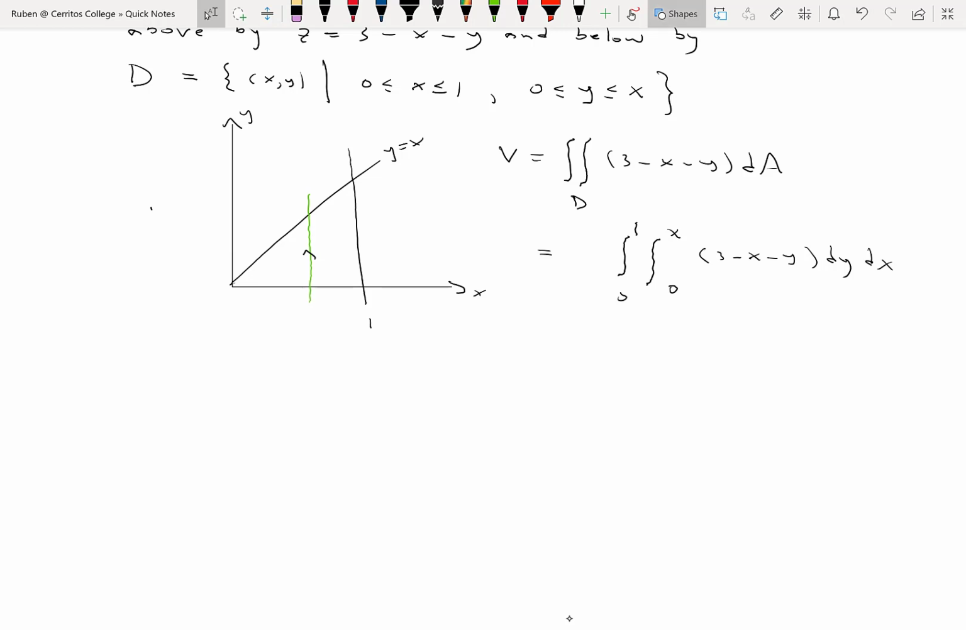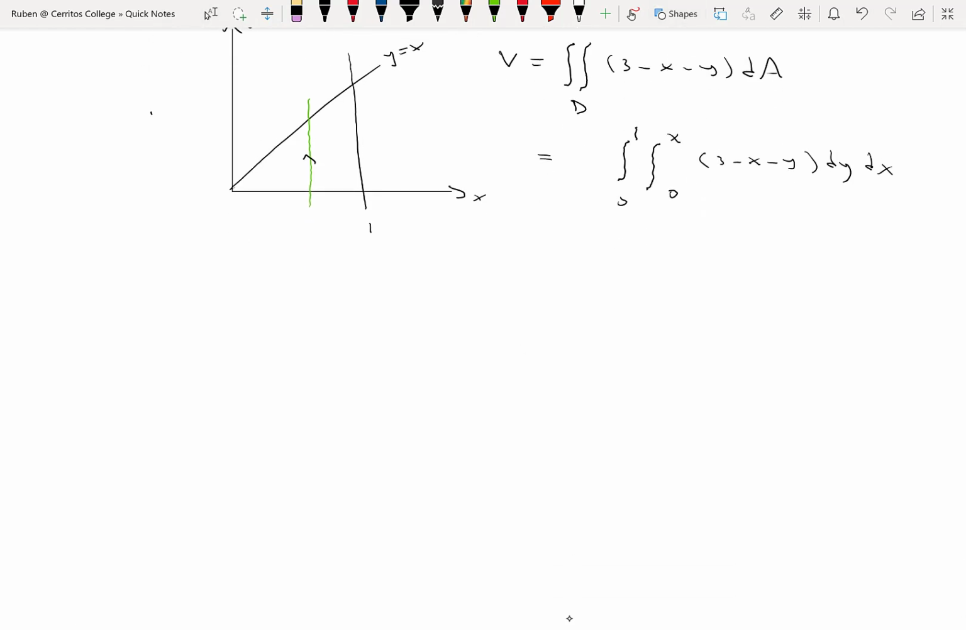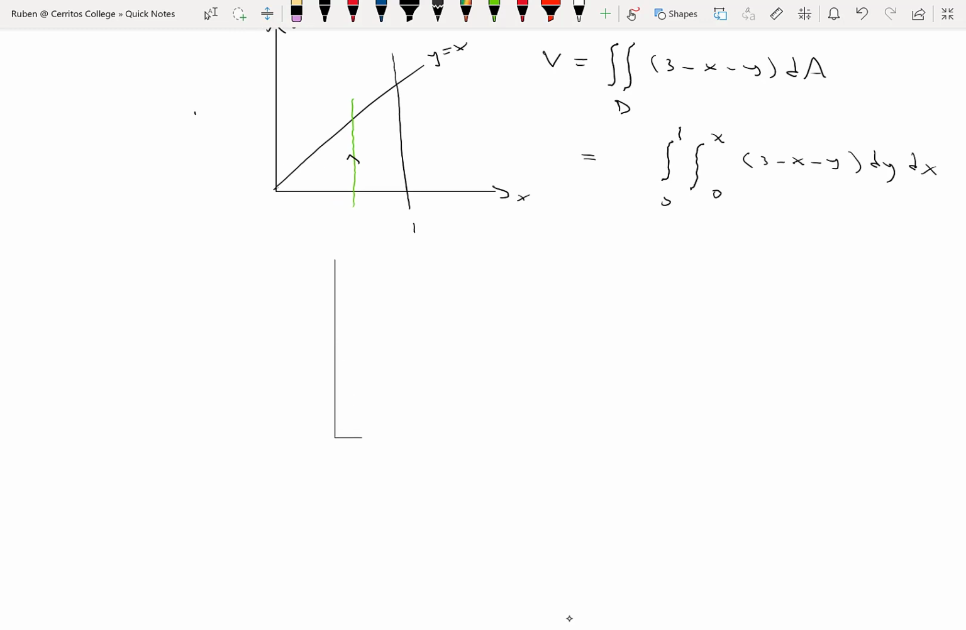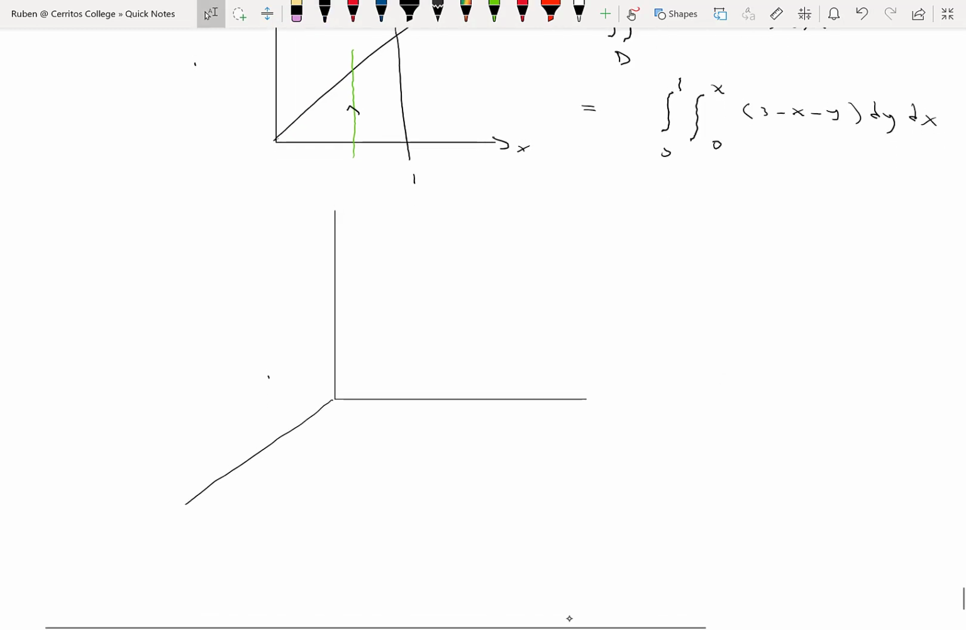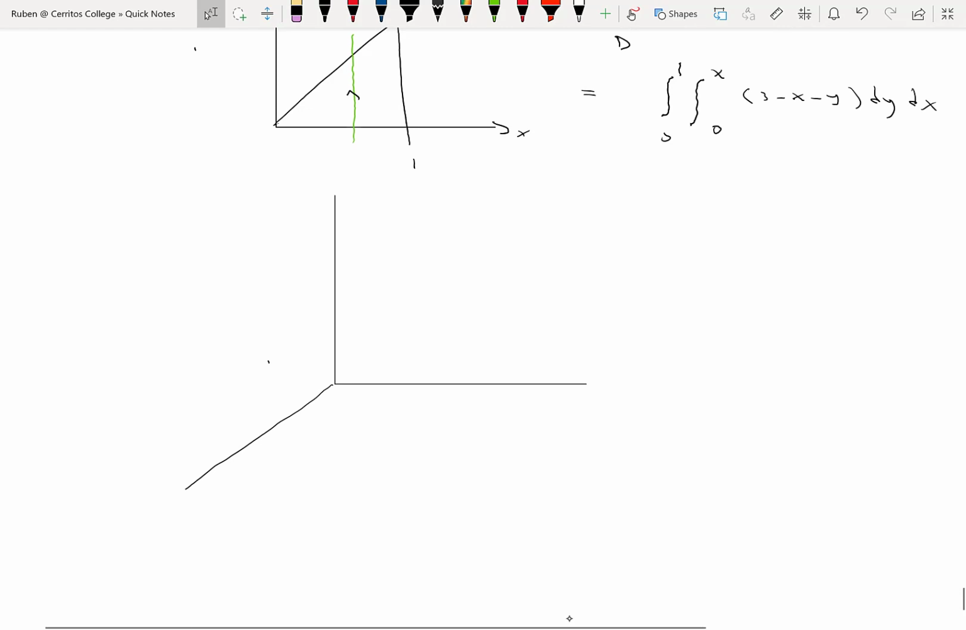Okay. So the first thing, we're going to need some axes in 3 space. So here's 3 space. Here's our first octant, where we spend most of our time in lectures. And let's graph z equals 3 minus x minus y. To graph a plane, especially planes that don't pass through the origin,